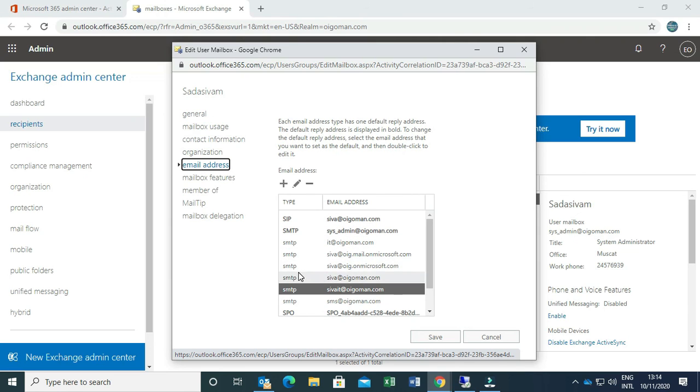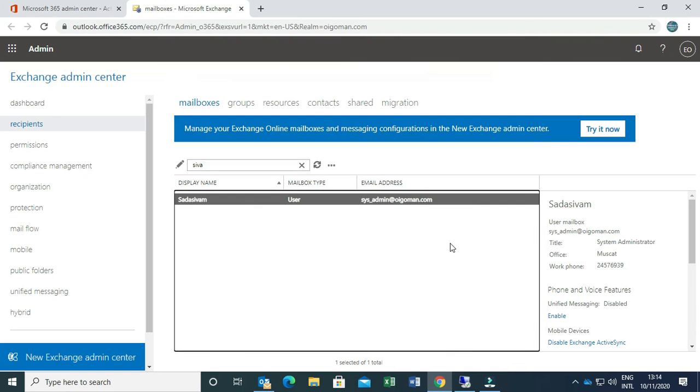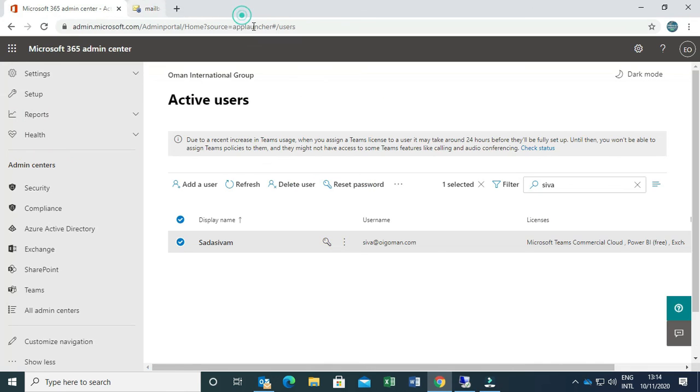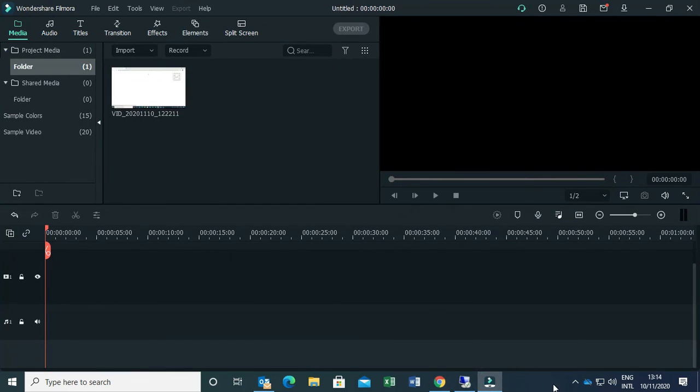And one more point is that if you type SMTP in capitals, that will become the main primary ID. All the small-letter smtp entries will become the associated IDs for the main primary ID.